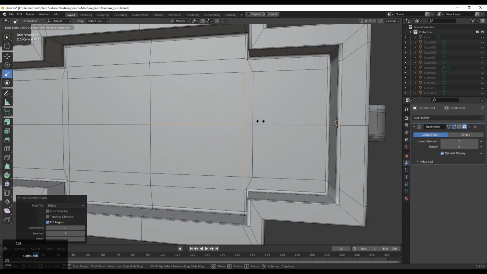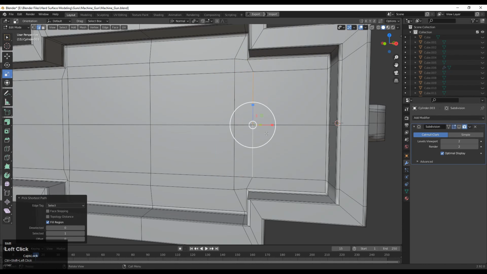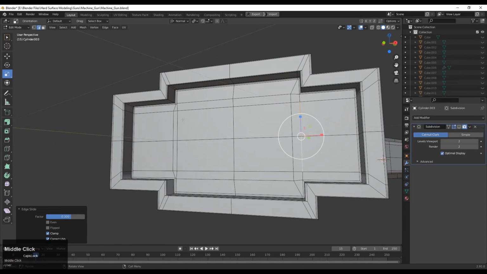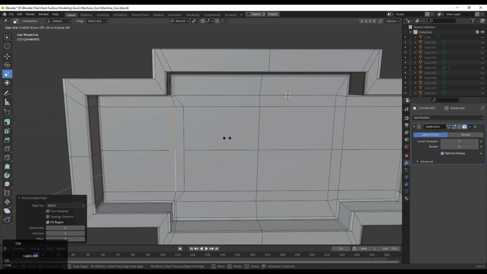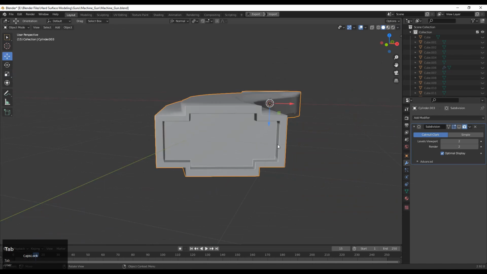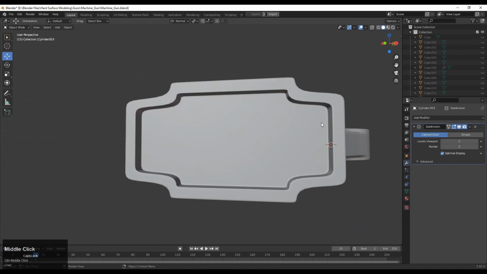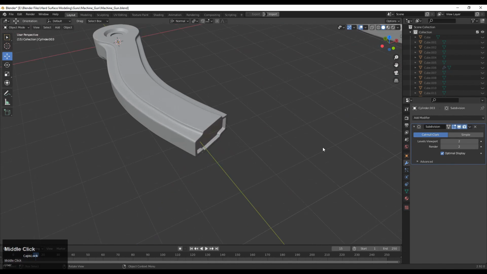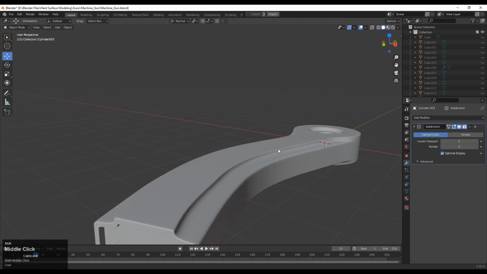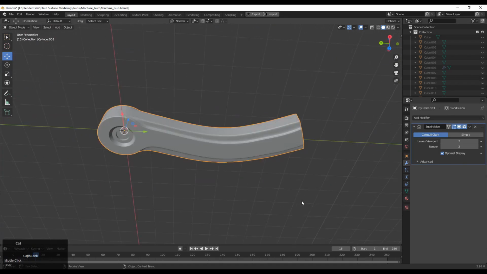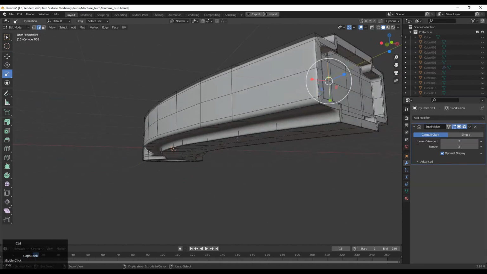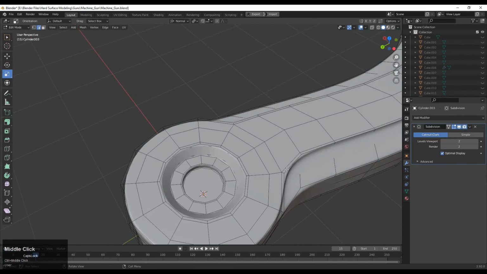And now you can see this edge loop is not proper, so you can double tap G for the edge slide just to create a right edge flow there. If we add more topology on it, then it won't get attached toward each other and we won't get that bad result. So you need to move these edges a little bit, and you can use the double tap G edge slide for that.